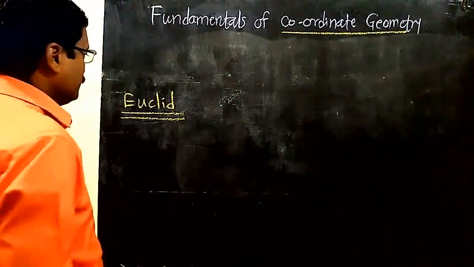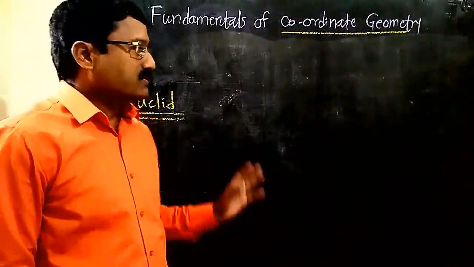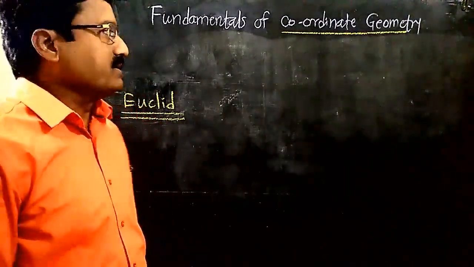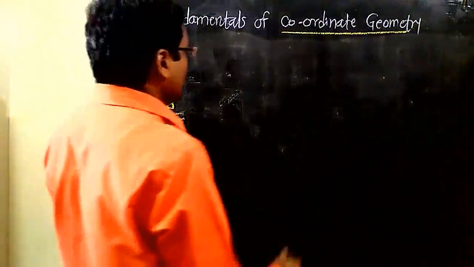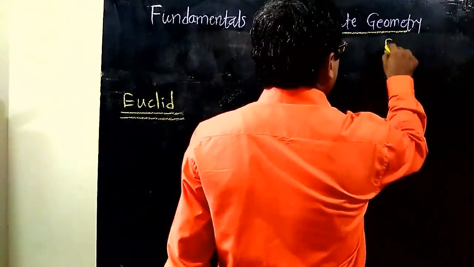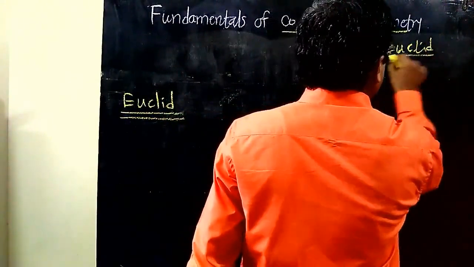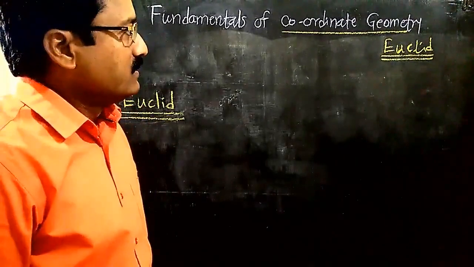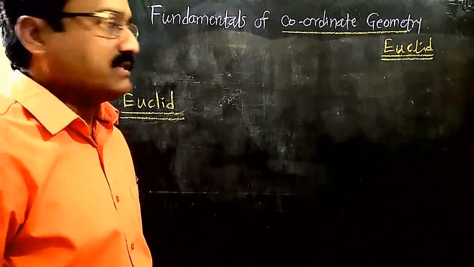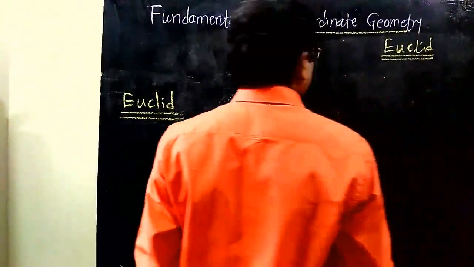We know in our 10th class we studied the first topic, similarity. In that topic, Pythagoras theorem, Thales theorem, and Apollonius theorems are given. Check this. Euclid collected all the information of basic geometrical concepts which were proved or used by different mathematicians. So Euclid is the collector of all that information.